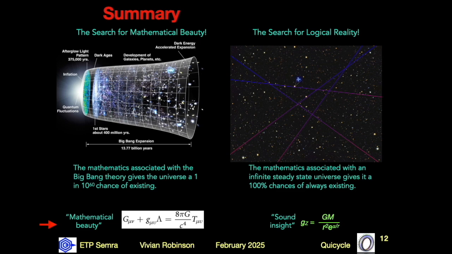It seems the mathematicians were too interested in Dirac's mathematical beauty than the sound insight that supported them. The result is the world's best mathematicians claiming the whole universe has 1 in 10 to the 60 chances of existing is reasonable odds. After all, that is what their mathematics tells them, so it must be right. That sums up the lack of reality of mathematical calculations made without a physical basis.